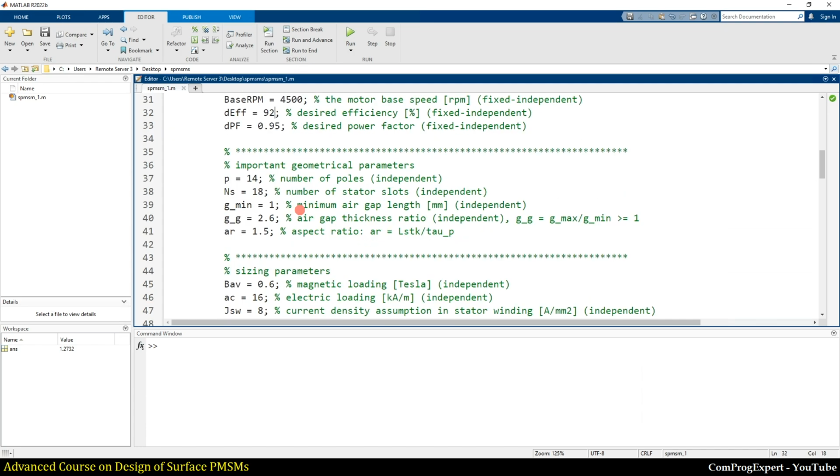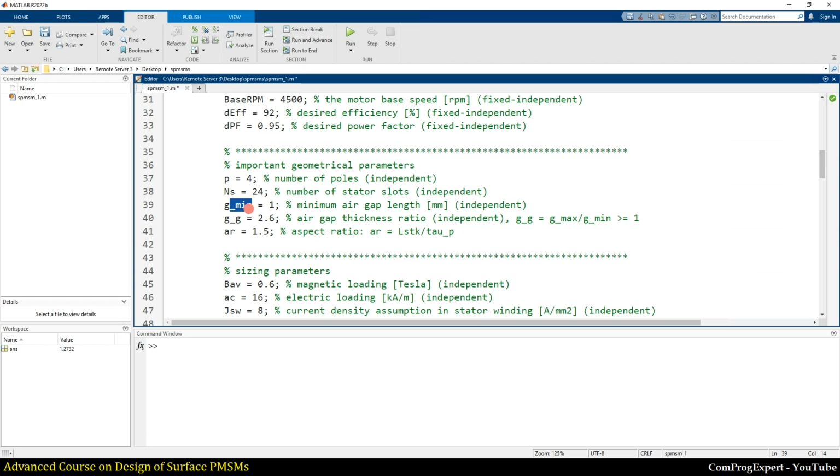So in this case study motor, I am going to consider 4 poles and 24 slots for the initial design. This is just the start of the design, and when we develop the model, we can investigate other combinations also.